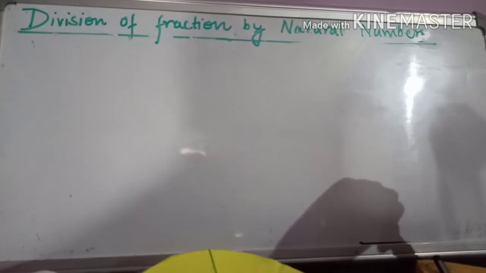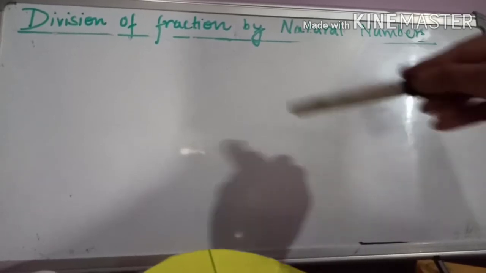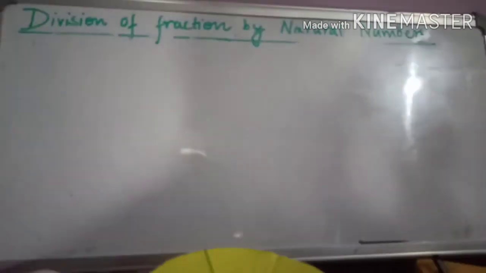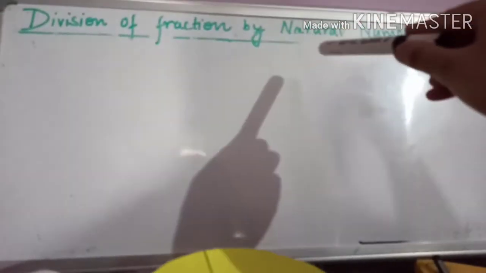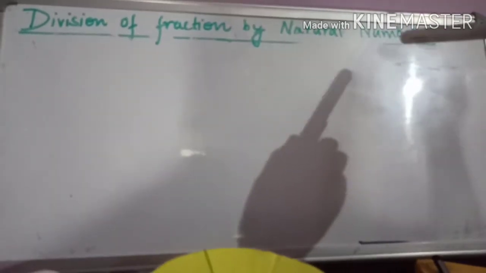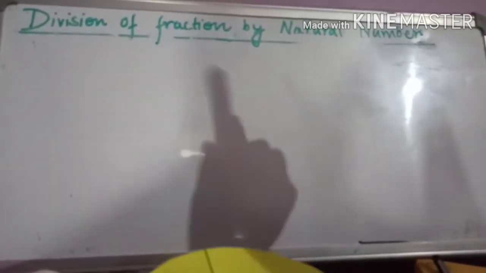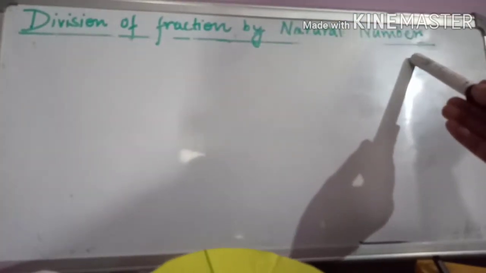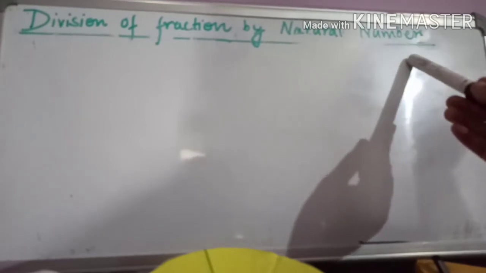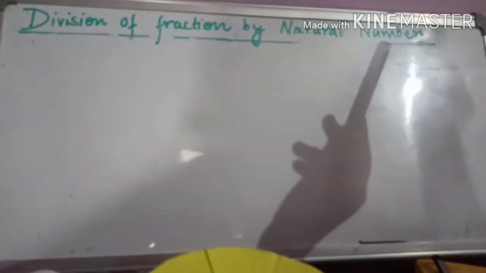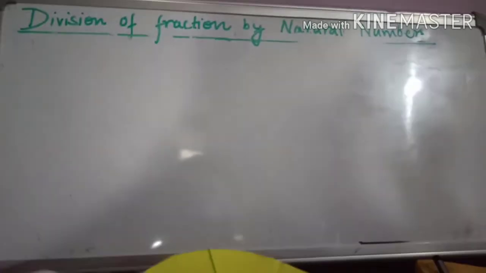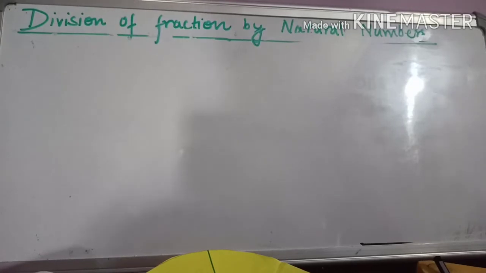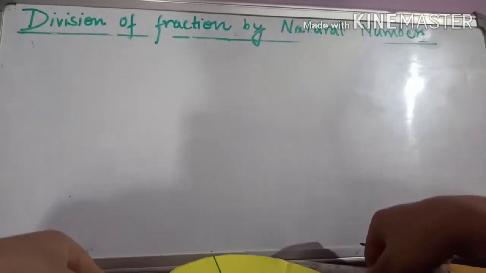So today we will be learning about a new concept, that is division of a fraction by natural numbers. In our previous exercise we learned multiplication of fractions by whole numbers, how to multiply any fraction by whole numbers. Now in this exercise we'll see how to divide a fraction by natural numbers, and we know what natural numbers are. Yes, the counting numbers themselves are known as natural numbers. They start from 1, 2, 3 and go on like this till infinity.